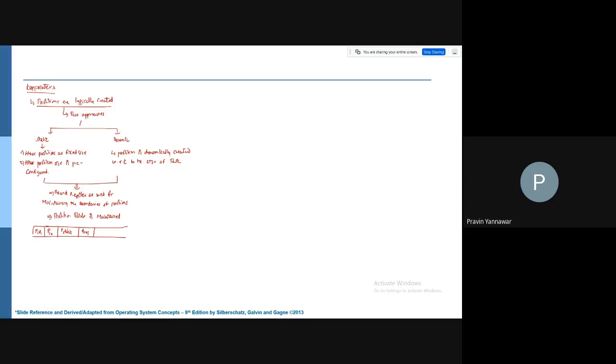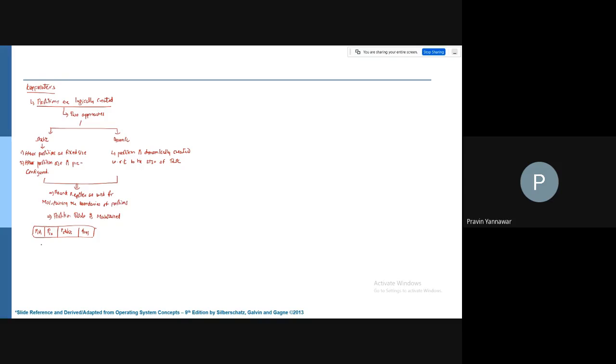Okay, so this is important. So these entries have to be maintained, so that you have the partition size and the fragmentation.